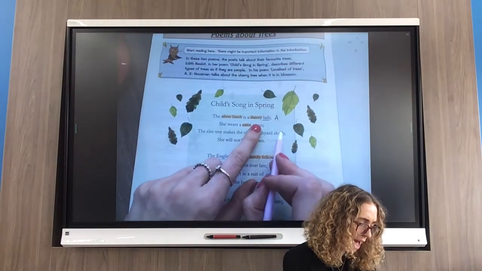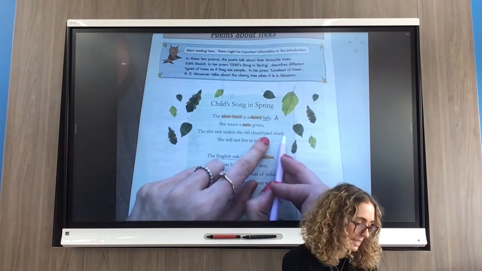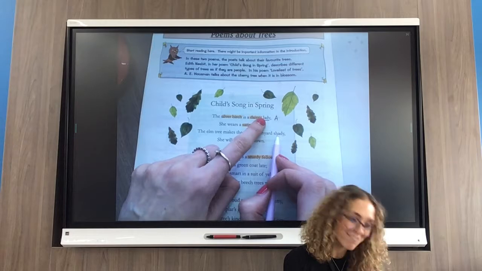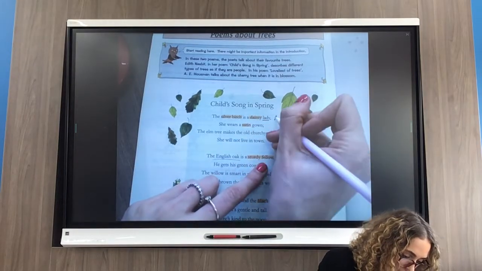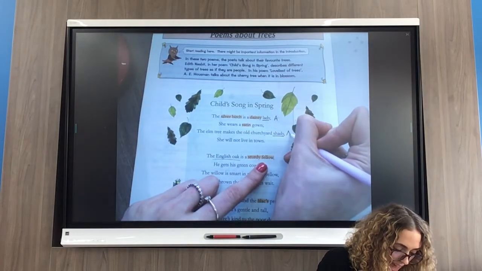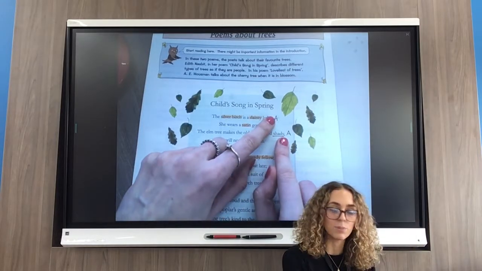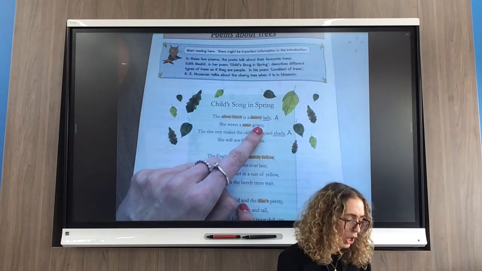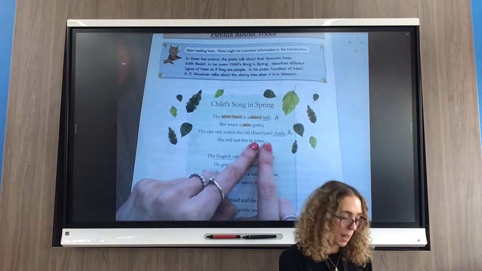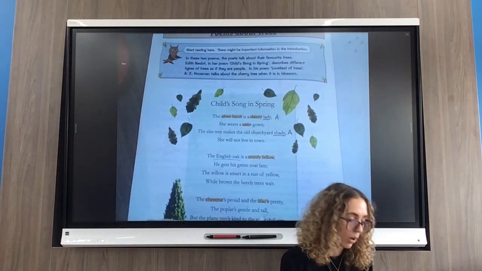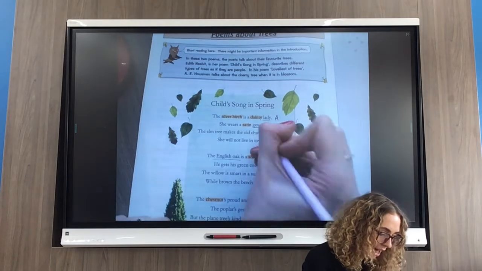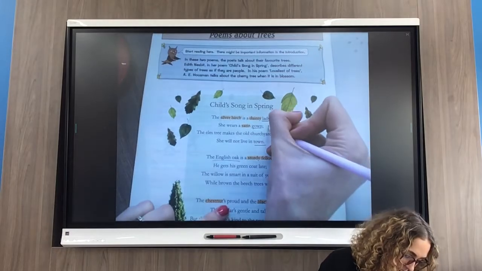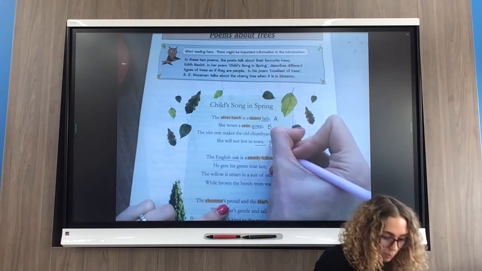Okay, so let's try our next line, our third line down. Lady, shady. That rhymes, doesn't it? Lady and shady. So I'm going to write A next to shady as well. But my gown is left empty. So let's see if the fourth line matches with gown. Gown and town, do they rhyme? Yes, they do. So I'm going to match those together with B.